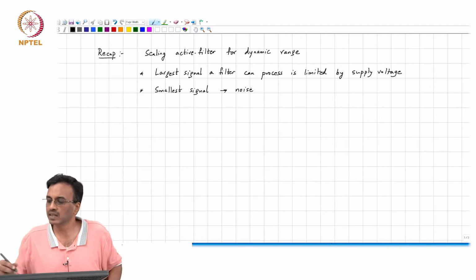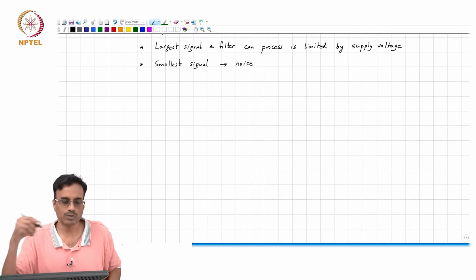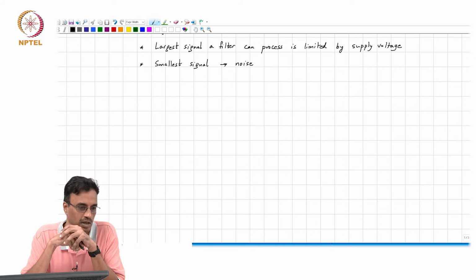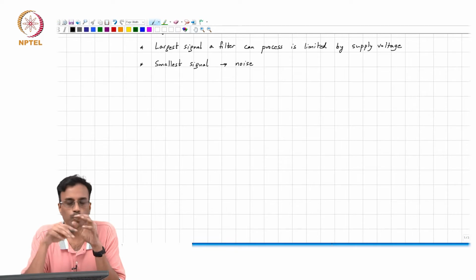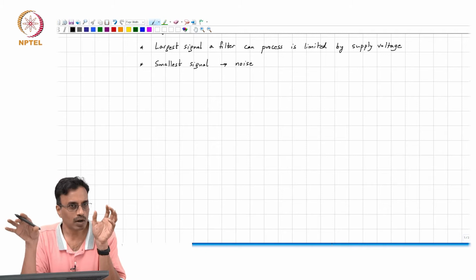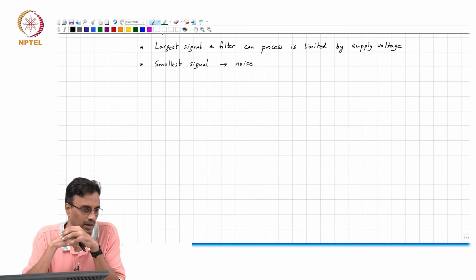All right. So, the next thing is the lowest limit, as we were talking about yesterday, that depends on noise, and the noise is coming from all the elements inside the filter, namely the resistors add noise, it turns out, and the op amps which internally have transistors also add noise. So, the output of the filter is not merely the input signal which has been filtered, but noise of its own, and we'll get to see how this noise behaves when we actually talk about noise.